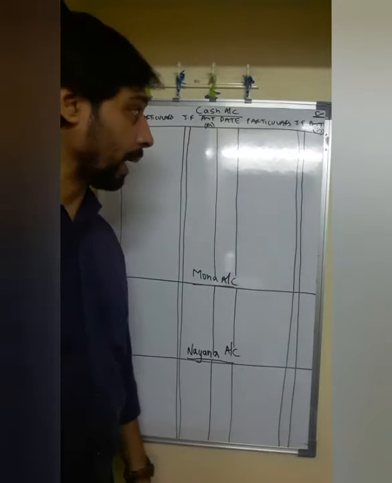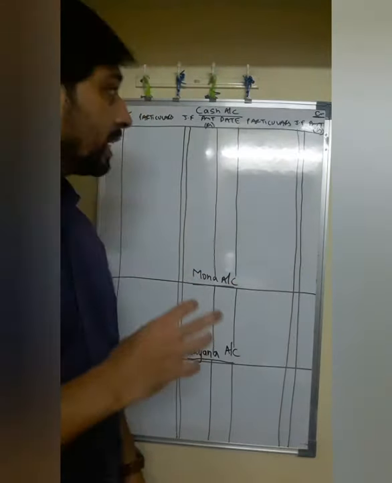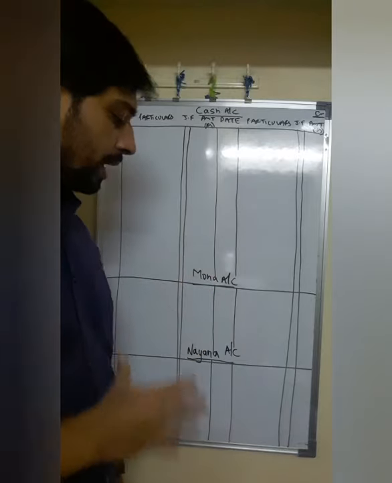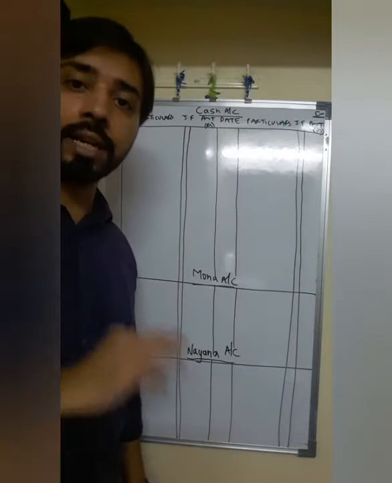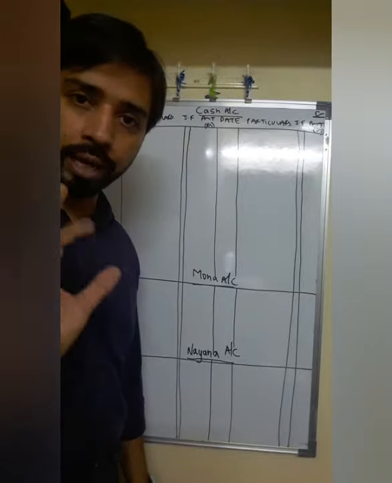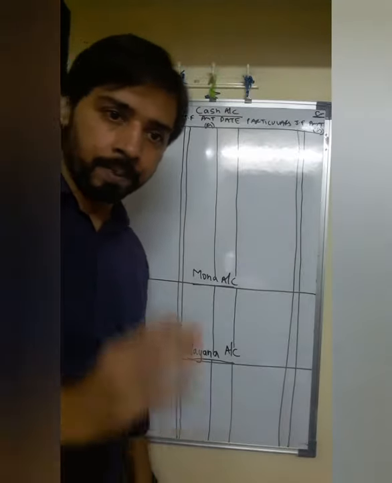So let's do the posting of this. The question for your help I have kept here. Okay, so we have to see in which transactions cash, Mona and Nana is affected. उसका posting करना है, बाकी सबको ignore करना है हमको. We have to only concentrate on these three accounts. Is that clear? So let's begin.